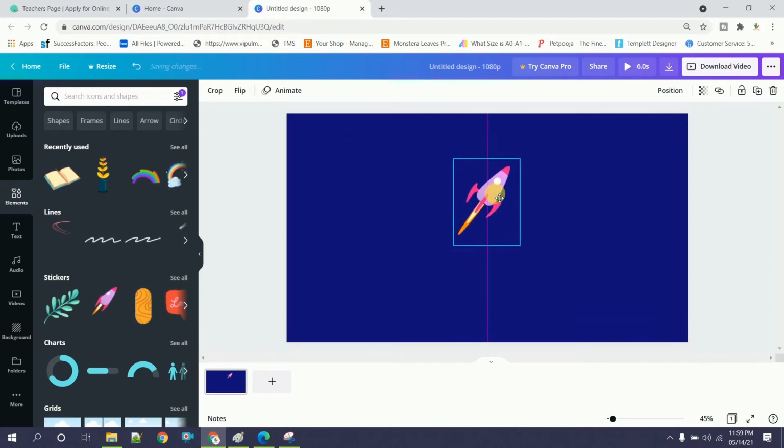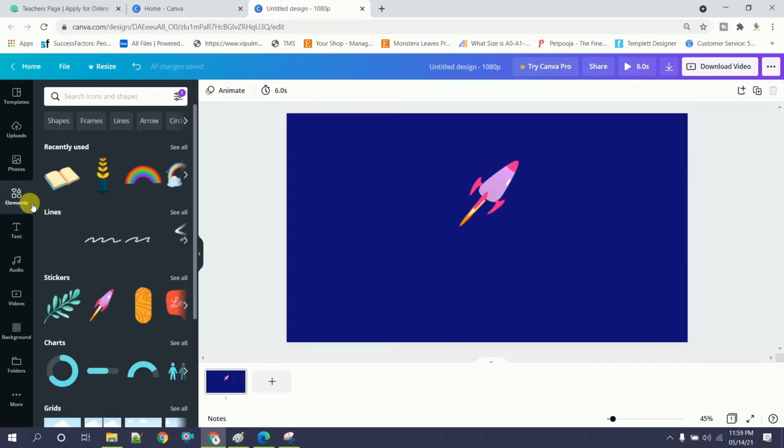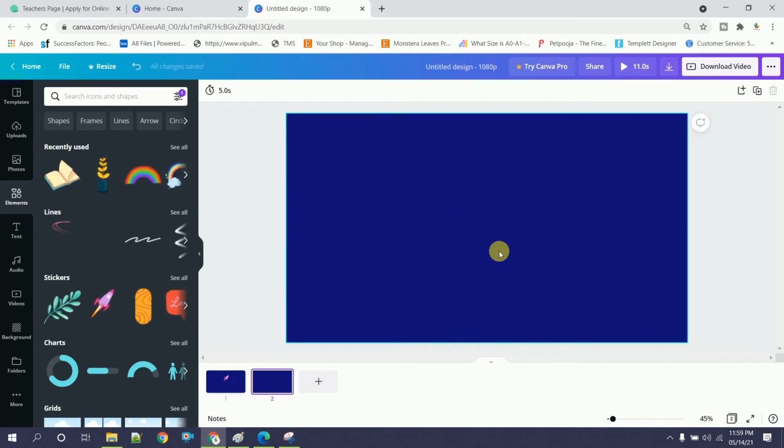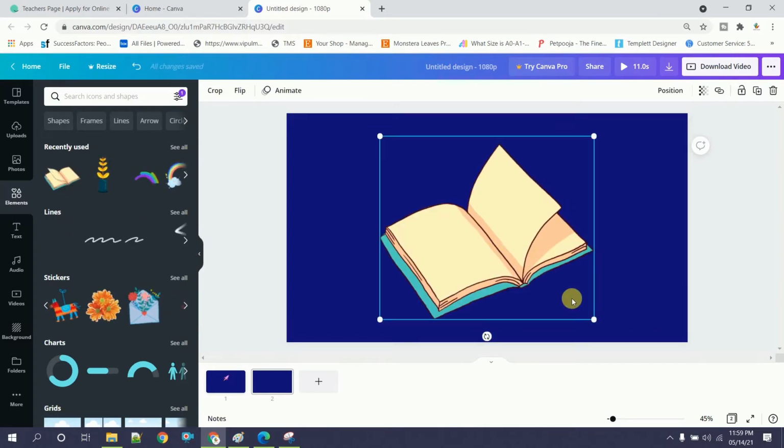coming below that. Now click on the plus icon below so that it will create a same slide, and here you can add the second element. So the second element I want to add is a book. So here it is.